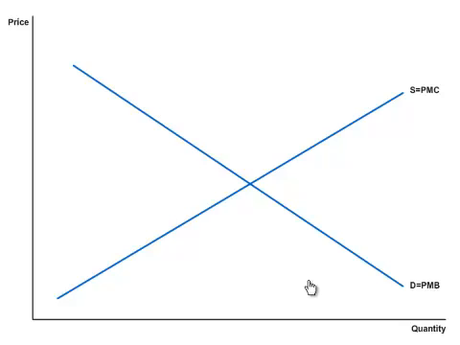In this graph, we'll consider the effect of a negative production externality. Here we have the supply and demand curve, which equate to the private marginal cost and private marginal benefit curves. If in the production of a good there's a negative externality, in other words, a cost of producing the good